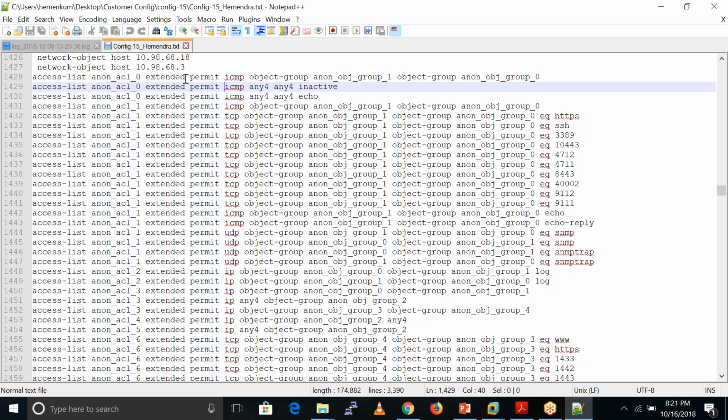So what happens? We already have a permit statement there, we already have an allow statement. If we put that allow statement here and the deny statement here, then by default this rule matches for ICMP traffic, and it basically allows all the traffic. That is the meaning of top to bottom.